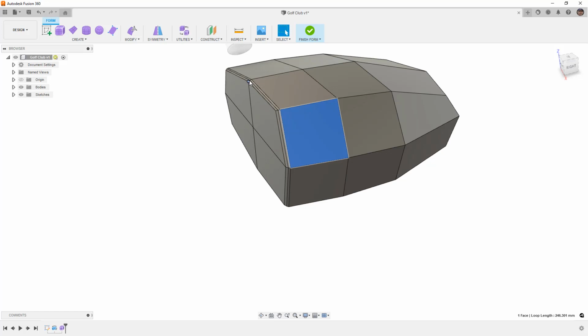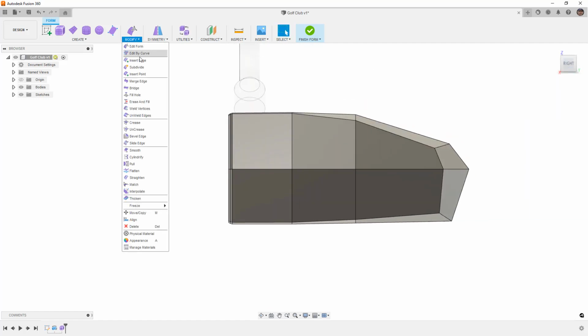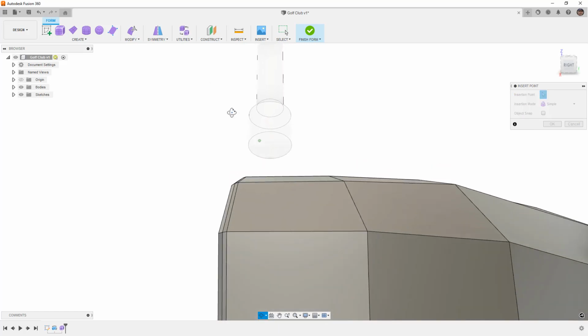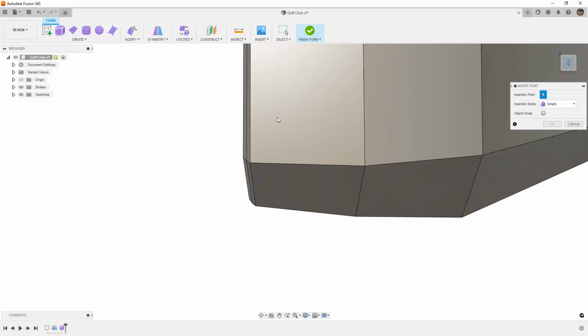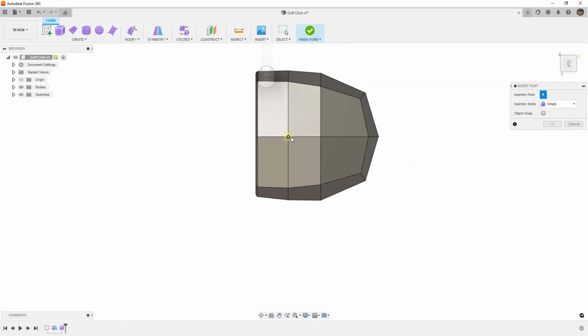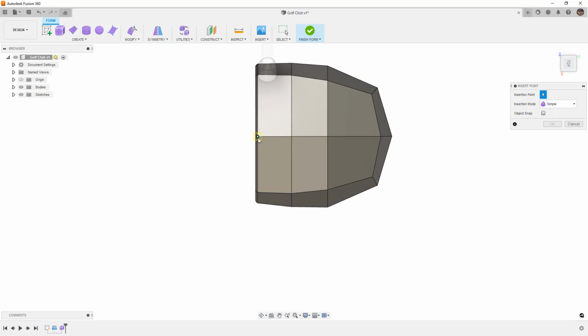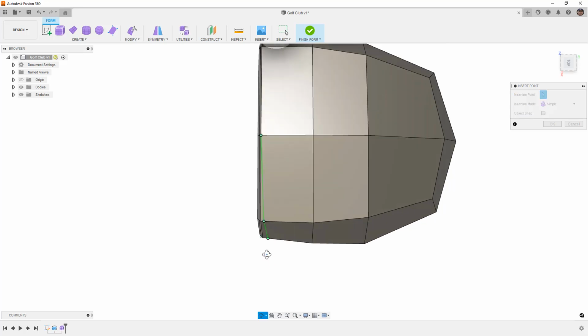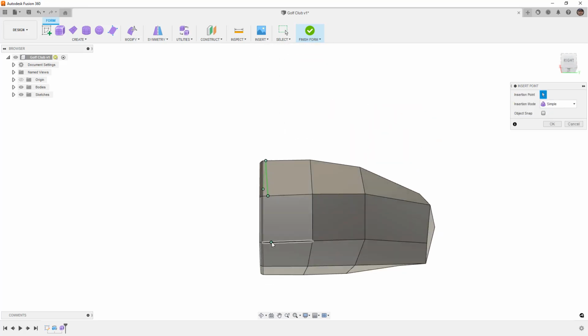retopologizing this so that the transition is tighter in certain areas and less in others. And the way that we're going to do that is we're going to use insert point. Now, insert point is very similar to insert edge. However, it allows us to pick points where we want these to go. So first, I'm going to start from the top. As I'm looking at this, I want the transition that we created with these edges to be what it is right in the middle, and I want it to fade away toward the edge. So I'm going to start here, and I'm going to begin widening this edge out. I'm going to work my way around,